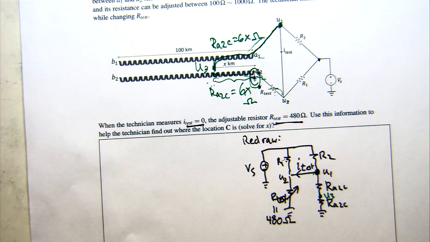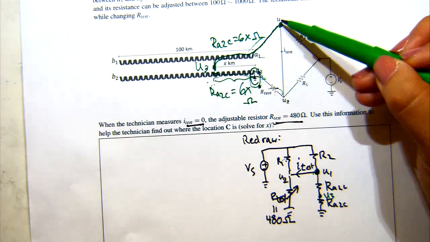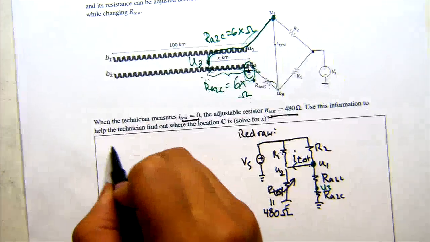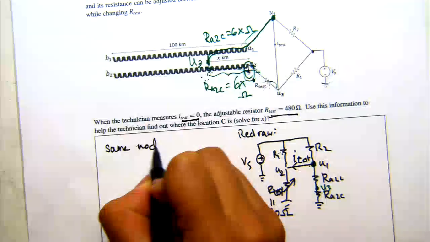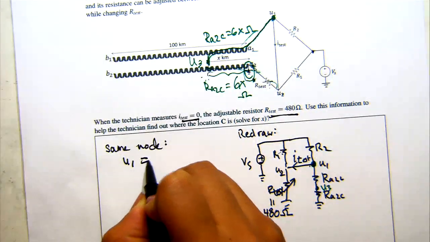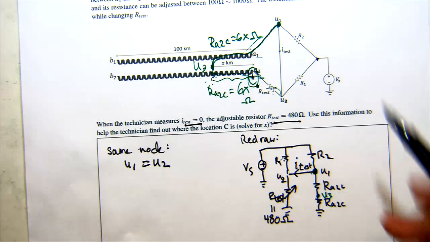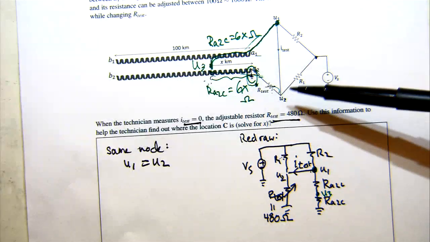Okay, so that's a really good point. What I wanted to get at is, first of all, you are right that all of this U1 and U2 is actually the same node, right? But having the same node, what sort of information does that tell us? Does that tell us about the current, or does it tell us about the voltage? Yeah, it tells us the voltage, right? Because we have the same node, that means U1 equals U2, so the voltages are the same. But having the same node doesn't mean that there's necessarily no current going through this wire.